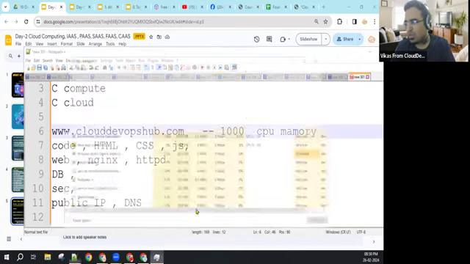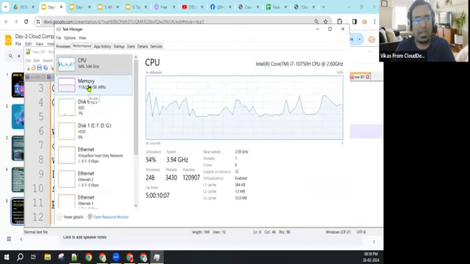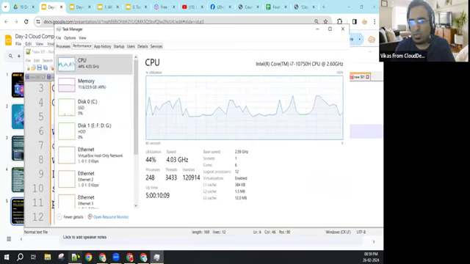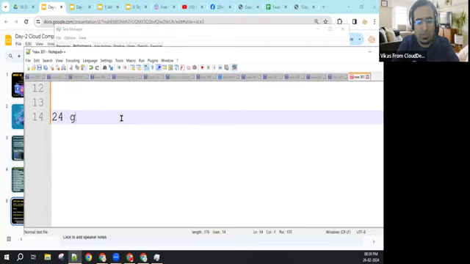Let's consider my current memory is 24 GB, and I would like to increase it to 32 GB. Simple question, guys, please interact. How can we achieve this? Give me the answer.